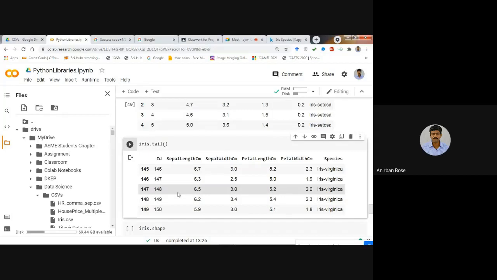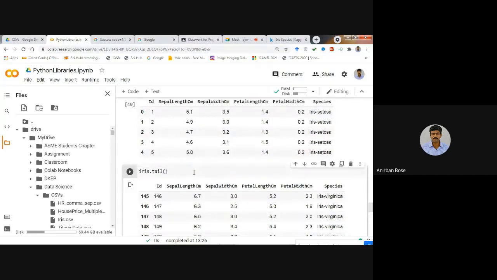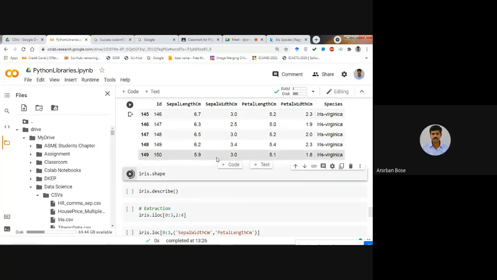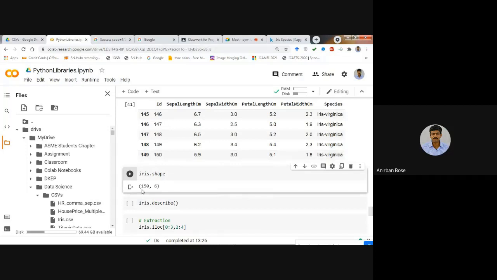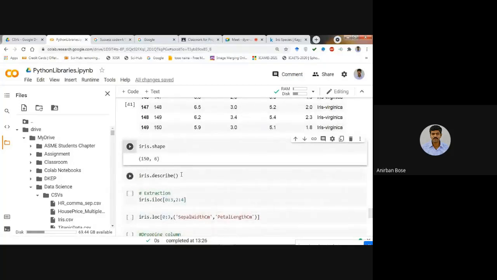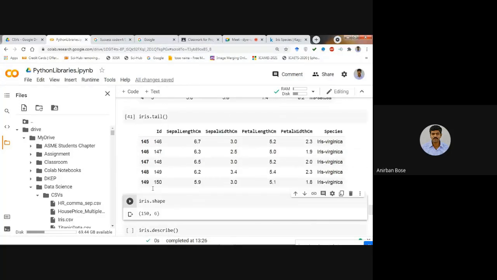And if you want to see how many rows are there in the total data set, for that you write iris.shape. So if you write that, you see that there are a total of 150 rows and 6 columns. Okay, so next class we'll explore this data in detail.